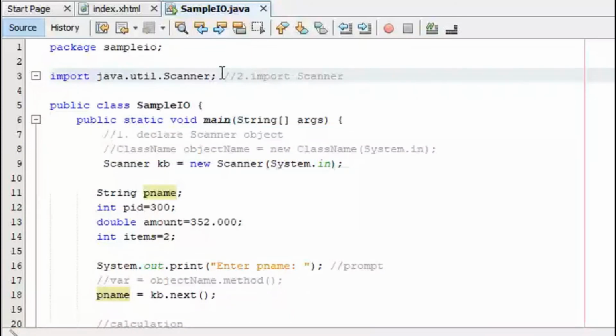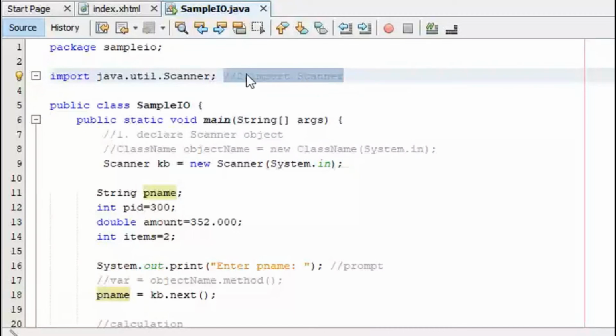Because if we do not have this import utility class, we will have an error here. You remember that? So we must add the import statement before the class declaration. It's between the package and the class declaration, the second line in between.